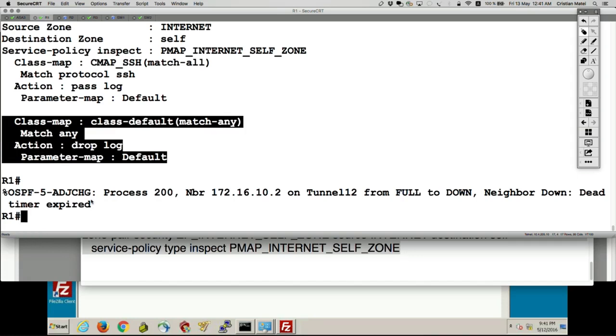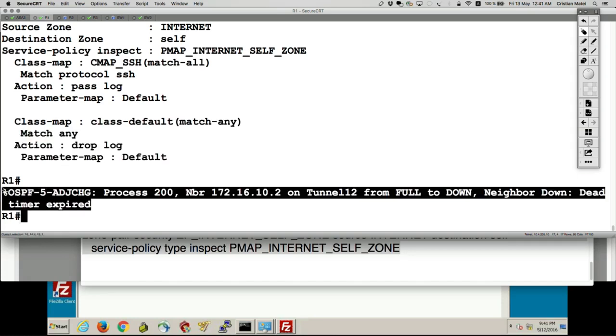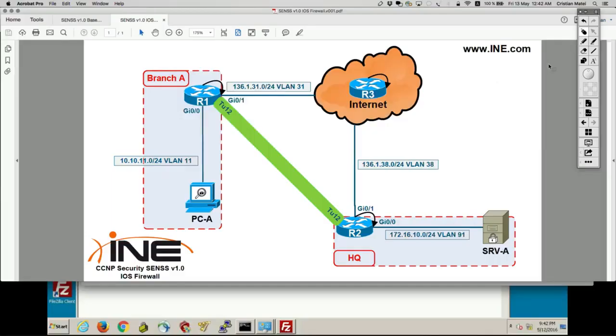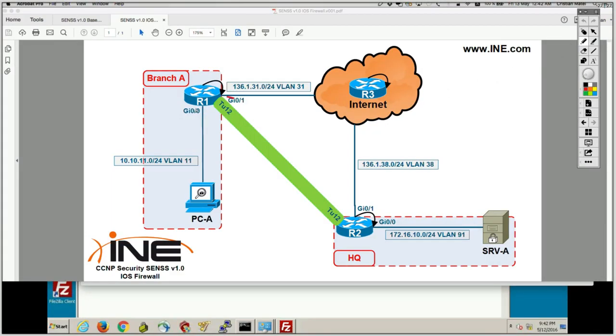As you can see, instantly the tunnel went down because tunnel 12 is sourced from this Gig0/1. Because now inbound from the internet I allow only SSH, IKE is going to match on the class default.